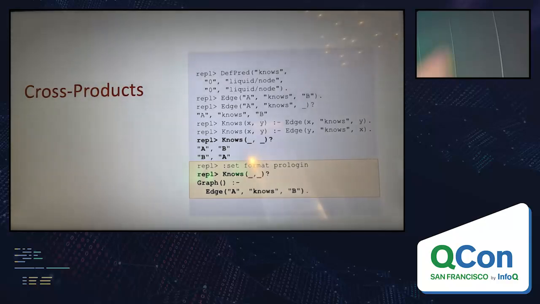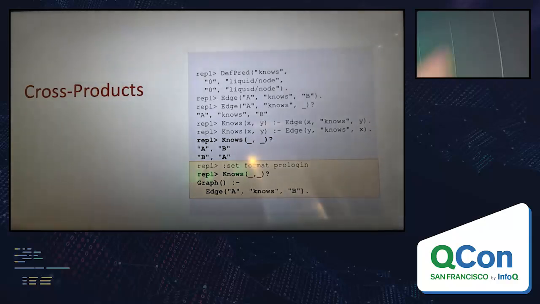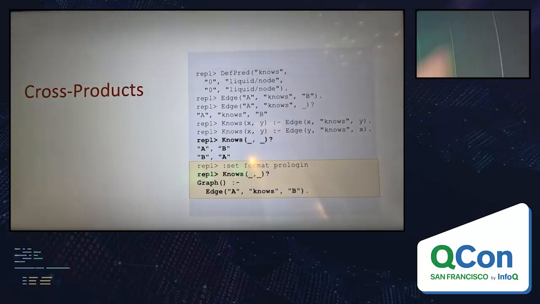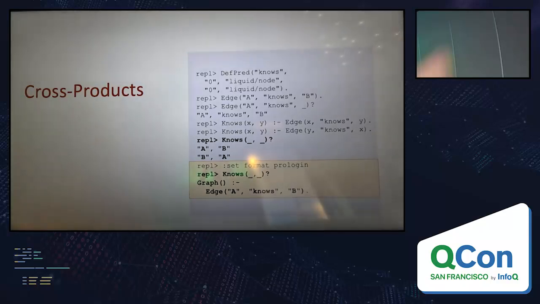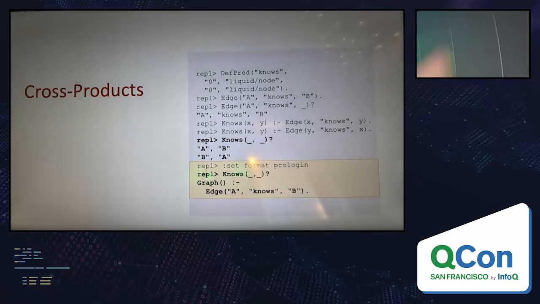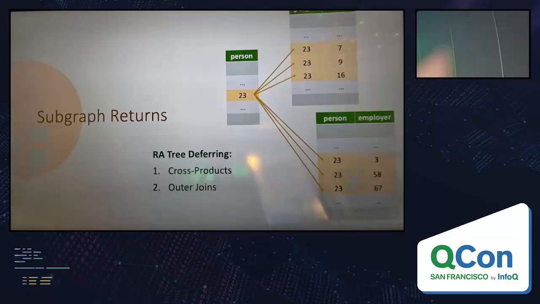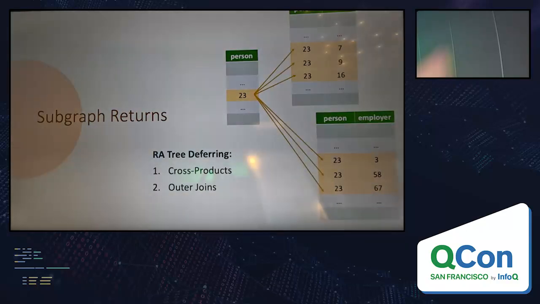And why do we care? Well, inside a database, we do lots of clever stuff to avoid materializing cross products because it's really hard. If you have n times m things, you wind up doing n times m work, and that turns out to be slow. And a key point here is that the application has exactly the same problem. They don't want to do n times m work either.